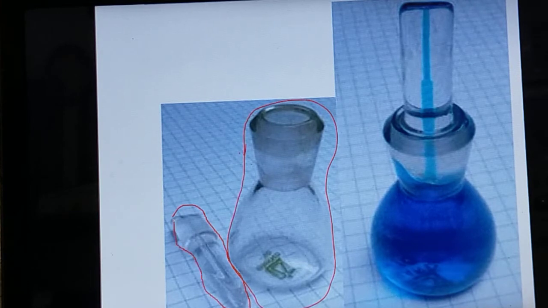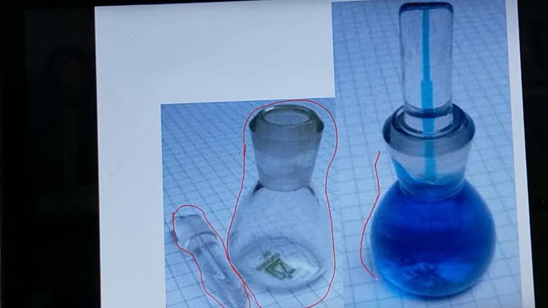This is the density bottle. The first one shown here is the empty density bottle. This is an empty bottle. Then this one is the stopper, which we are going to use to close the lid of the density bottle. Now listen here. In another picture, the flask is filled with a solution, it may be copper sulfate solution, which is blue in color, no? So the copper sulfate solution is filled up to the neck of the flask.